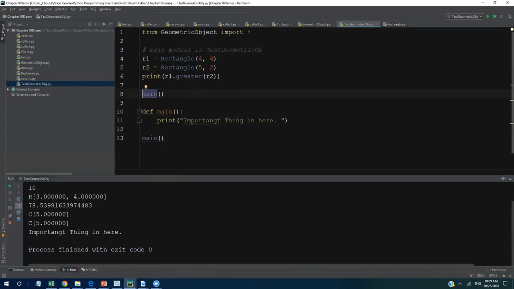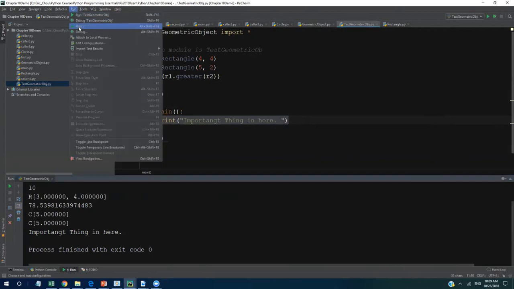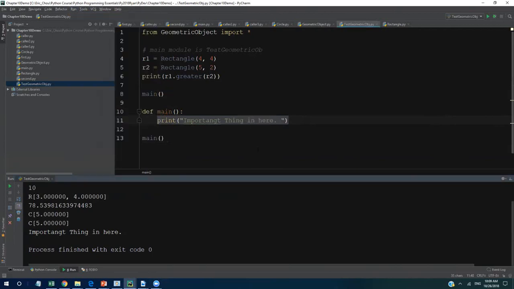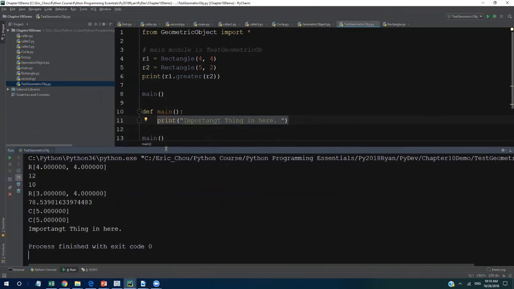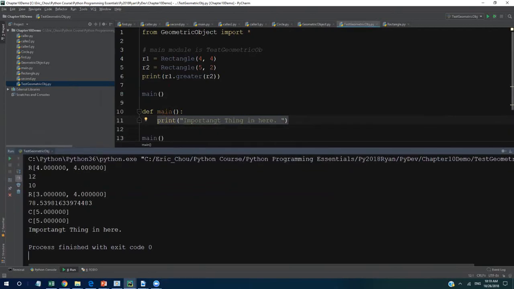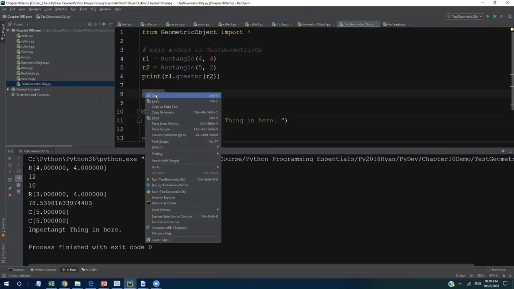You will not call the one in geometric object. You will call this one in here, exactly this one. It's no longer the one from there. So if I run this one, what? Oh, I'm sorry. This one is before here. So this main is only defined in geometric object. But if I move it down here,